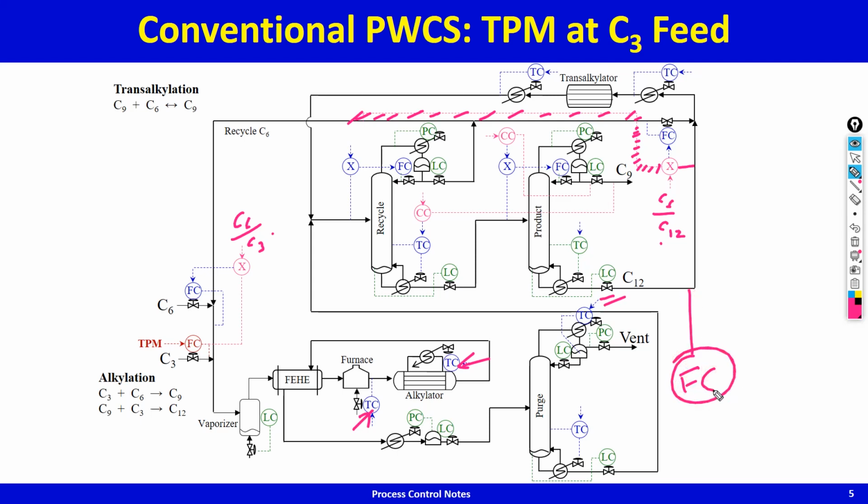That's a very slow flow controller, or maybe a valve position controller, maybe it should be a VPC. So you'll look at the position of this valve, remove this. You look at the position of this valve, and this valve should be 80% open. In order to keep this 80% open, you keep adjusting this set point. This is also possible. So as the transalkylator catalyst degrades, you keep increasing the ratio of C6 to C3 into the alkylator. So you keep reducing the C12 that gets formed, so that even with the degraded transalkylator catalyst, you are able to recycle to extinction the C12.